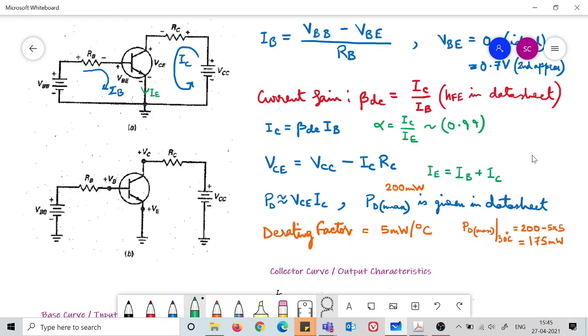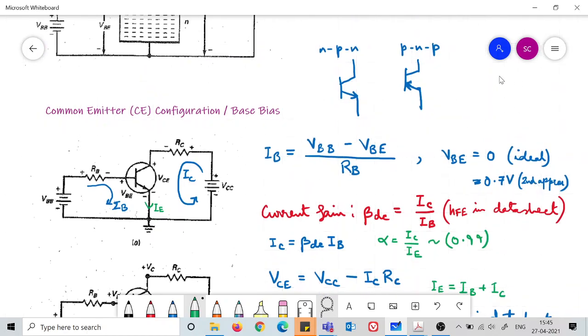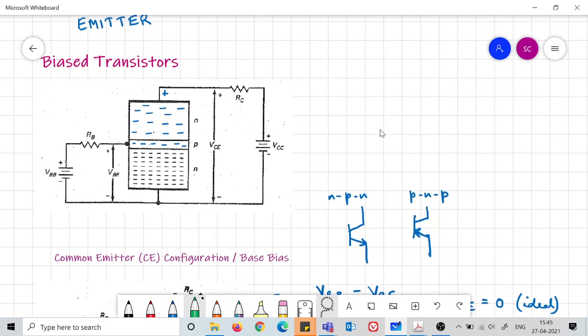What happens when the base current is 0? Will IC be 0 or not? That is the question. When the base current is 0, will there be any collector current or not? Any answer for this? No, sir. You are saying no. Yes, it seems there should not be any collector current, but let us go back into our understanding